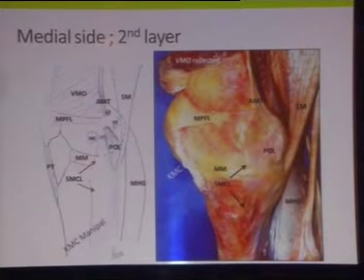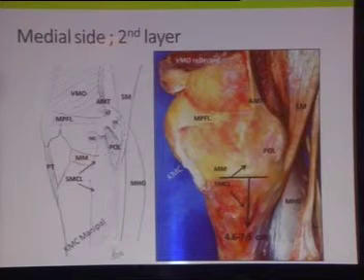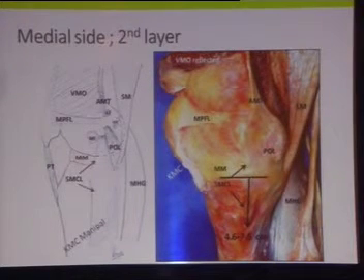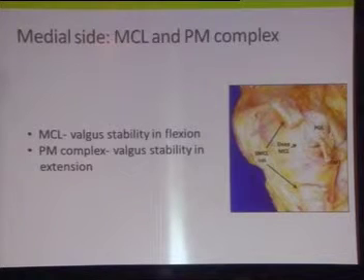If you go into the layers, from the first layer go to the second layer, you will find the MCL, which is attached about 4.6 to 7.5 centimeter below the tibial plateau. And this is just behind the pes anserinus. Layer 3, you will find the deep MCL. Now, why the discussion of these layers? Because the superficial MCL gives the stability in valgus in 30 to 60 degree flexion. Whereas anything which is behind the MCL, that is the deep MCL, posterior oblique ligament, posterior medial capsule, gives the stability in extension. Now, this fact is extremely important for the people who do a lot of knee work,